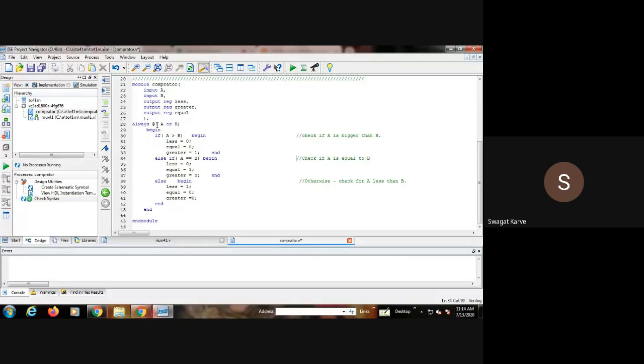Now here in this always statement, within this code, if I use small letters, let me show you. See here, instead of this A and B, I will use this small a and small b. Now let's see what will happen. Now again save, and again I will check the syntax. Now what we have given, A and small b, because Verilog is a